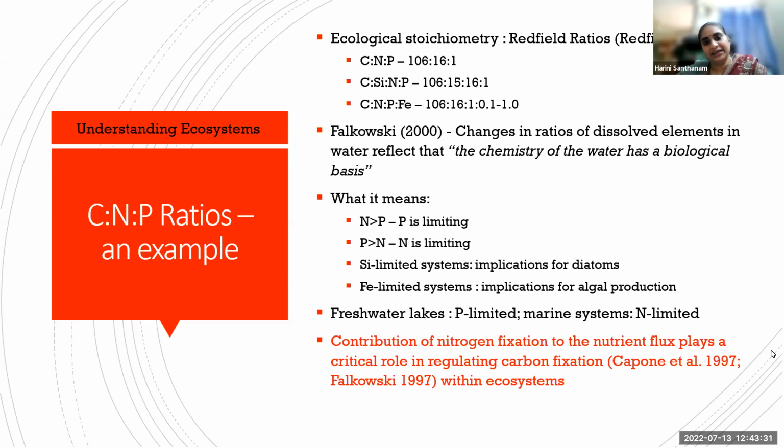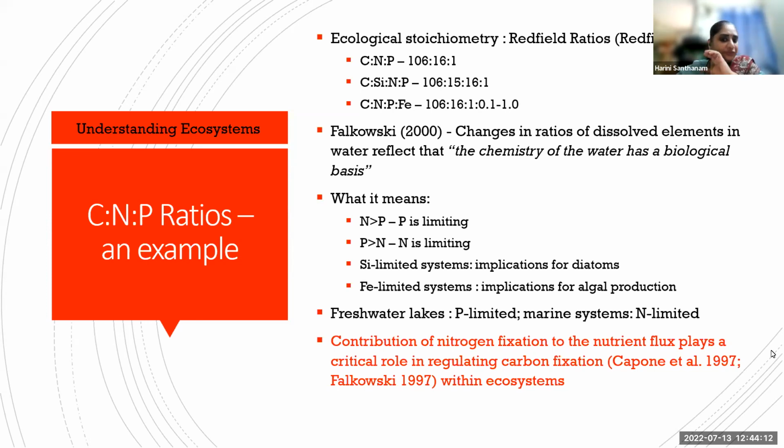Okay, so now we are standing at a place where we have a conceptual example from what is known as ecological stoichiometry, which means that there is a conservation of important nutrients on earth in terms of carbon, nitrogen, and phosphorus. This was promoted by an oceanographer, Redfield, and it's named after him, called the Redfield ratios. So the classic idea is that in any elemental state, in a basic or stable state, carbon, nitrogen, and phosphorus will be present in the proportions of